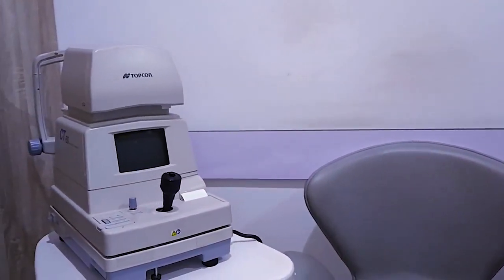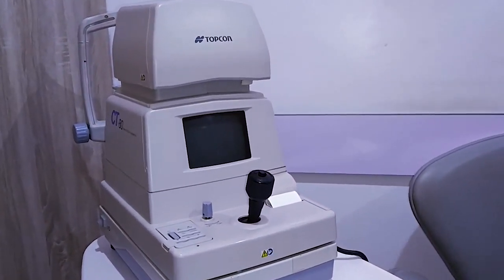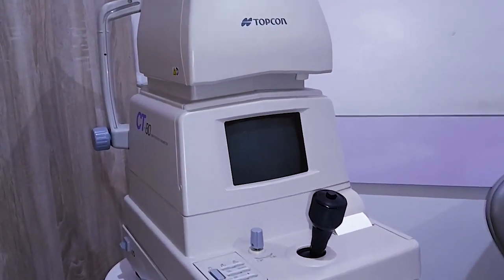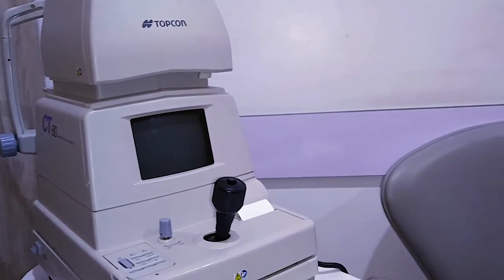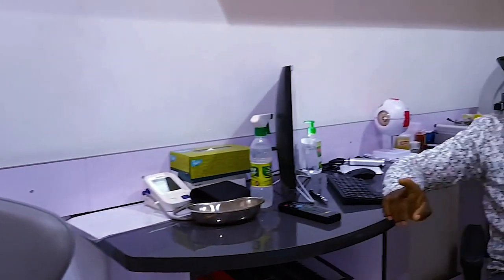One of the routine procedures we do in an eye clinic is to check the eye pressures. The machine for checking the eye pressure is called the tonometer. This brand of tonometer is called the Epoch tonometer. It helps to measure the pressures of the eye, because once the pressures of the eyes are high, it tends to induce glaucoma if not controlled. That's the reason why we make sure that every patient that comes into the clinic, we ensure their pressures are